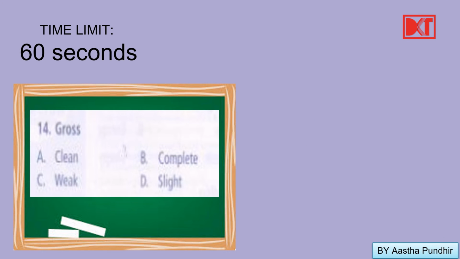Okay, so here we have the word gross. The options are A, clean, B, complete, C, weak, D, slight. Now here the correct answer is complete. Now this word gross has two meanings. One meaning could be something that is unpleasant. For example,